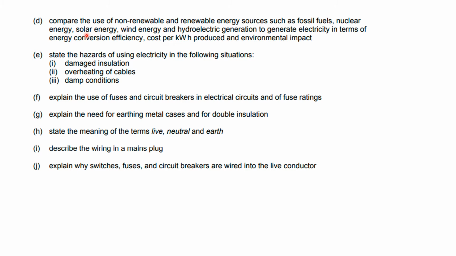Okay, when you burn fossil fuels, it produces greenhouse gases like carbon dioxide, and because fossil fuels contain a small amount of sulfur, no matter how you treat them, you will end up having sulfur dioxide or oxides of sulfur being produced. And at high temperatures, when you burn something, nitrogen and oxygen combine to form oxides of nitrogen. So there are quite a lot of acidic gases and greenhouse gases produced when we burn fossil fuels. But when we use renewable resources, like for example, nuclear energy, solar energy, wind energy, hydroelectric power,